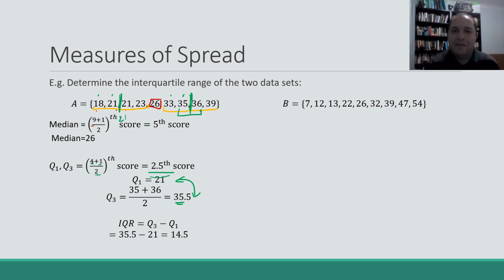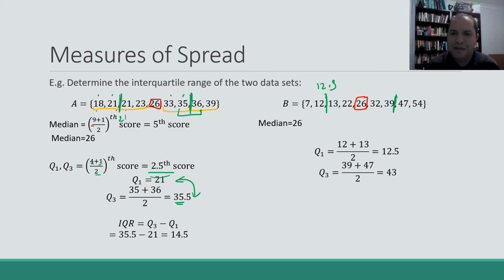Doing the same sort of thing for B, our median is 26. Our first quartile will be in between 12 and 13, so that's 12.5. Our other middle score will be in between 39 and 47. So the average of 39 and 47 is 43. So that's our third quartile. And our interquartile range, IQR, is the difference between those two values, 43 and 12.5,